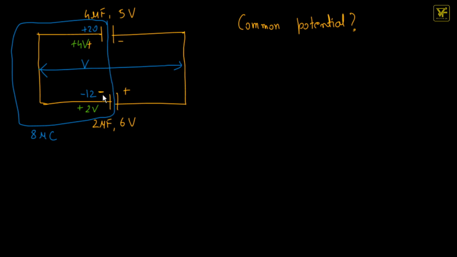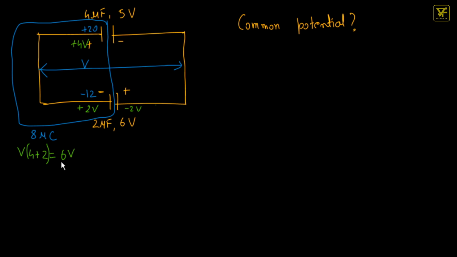So same goes for this also, because now again the potential across this capacitor is also V, and this has to be higher potential and this has to be lower potential. So if the left hand side has higher potential, you will write plus 2V here, and if you had to write charge on this one, this would be minus 2V. So now the total charge is 4V plus 2V equals 6V.